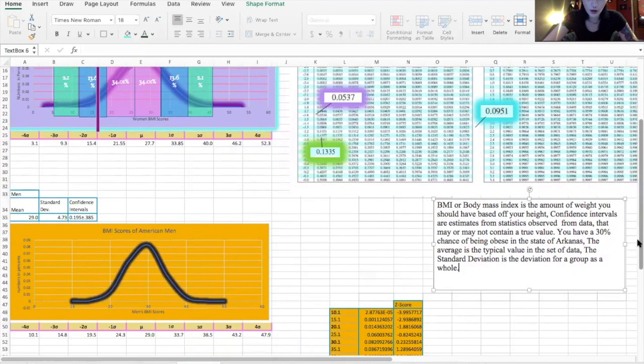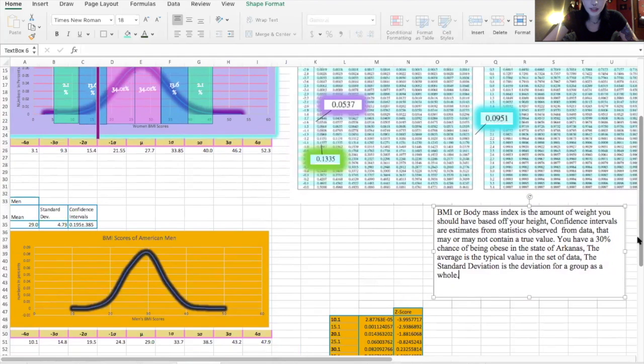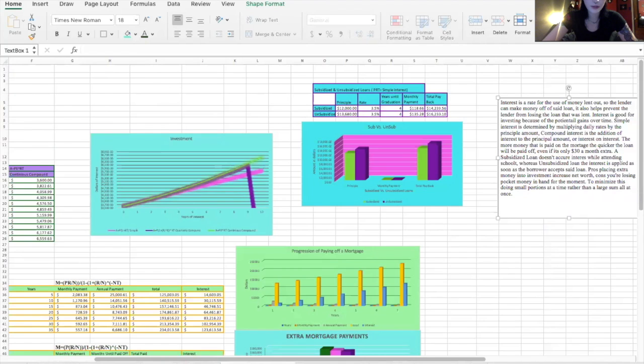And then the standard deviation is the deviation from the group as a whole. So that would be an example, right there, which is going to be the 30. It's going to be like 22-ish, I want to say, for women. And then for men, it's like 25-ish, I want to say. Anyway, let's go to the